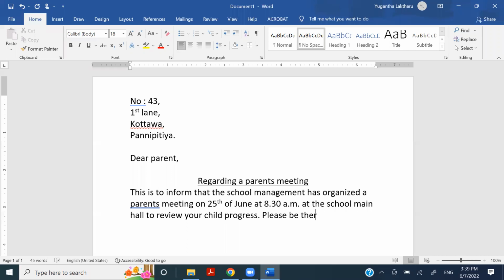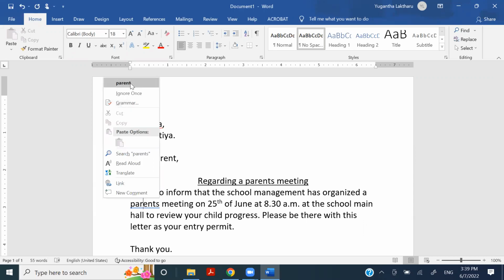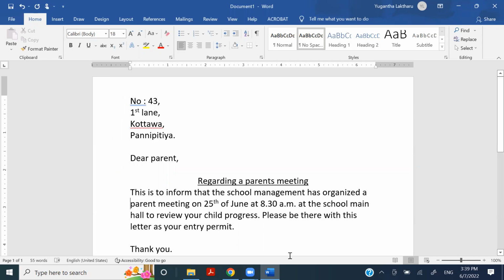Please be there with this letter as your entry permit. Right, then I say thank you, and I can end the letter. Right, so that should be a parents meeting. Okay, now